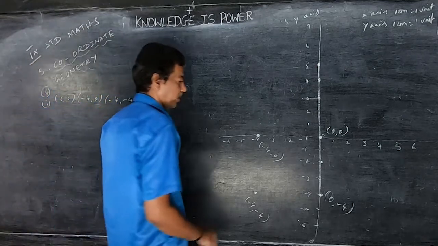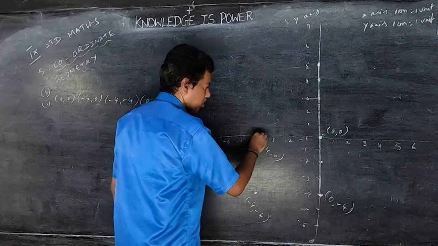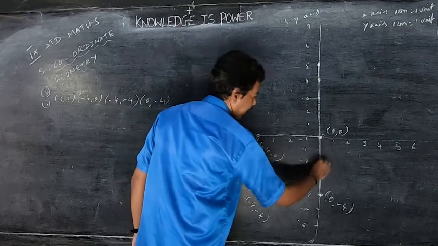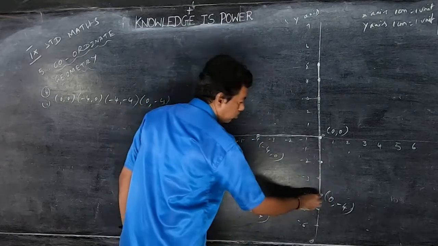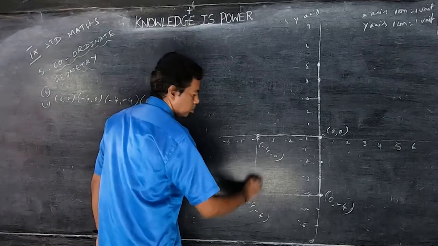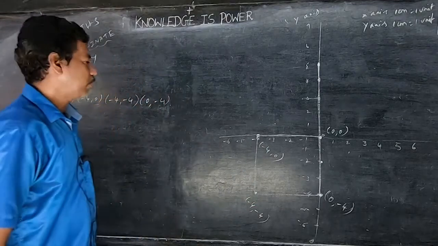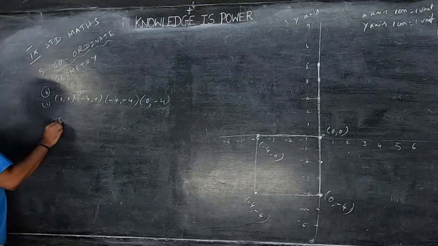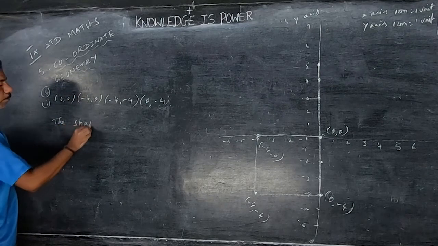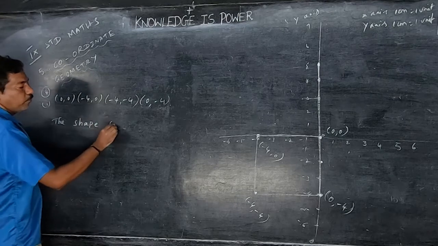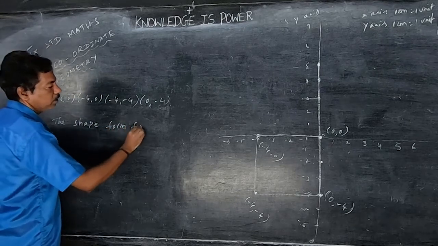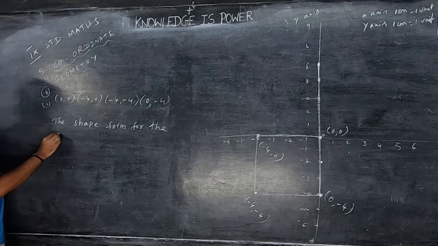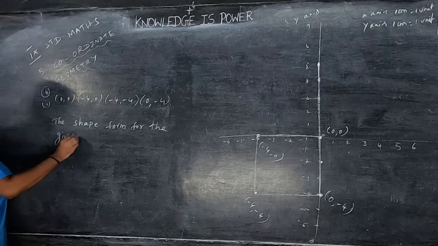Now you have to join all the 4 points. Already this straight line is there. Now join these things and join these things. What shape can you get? The shape formed for the given points